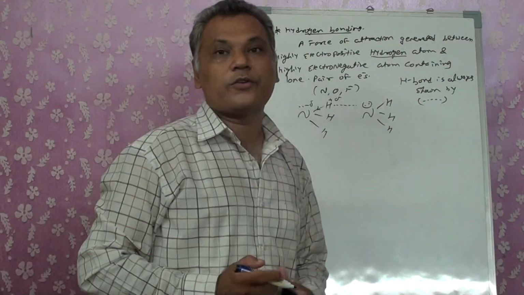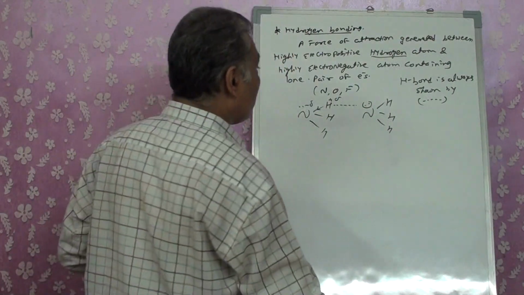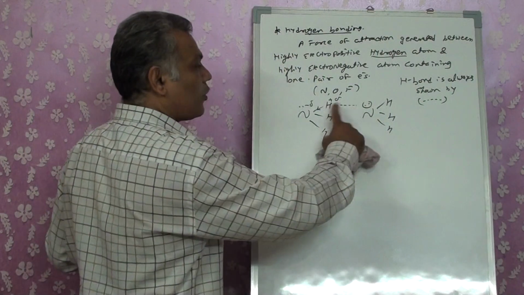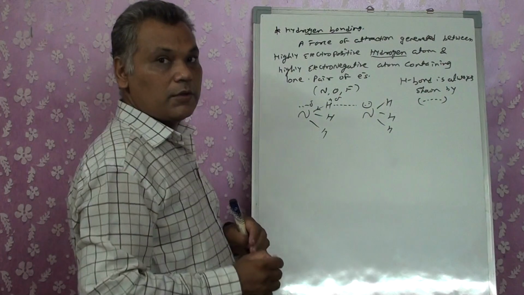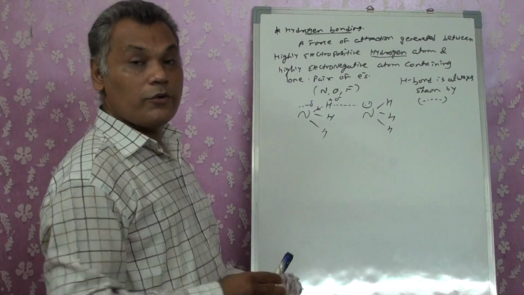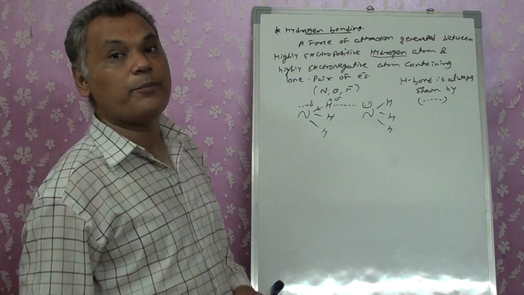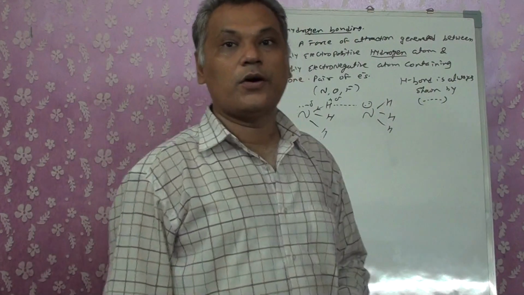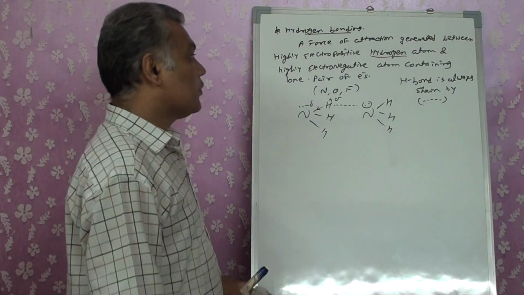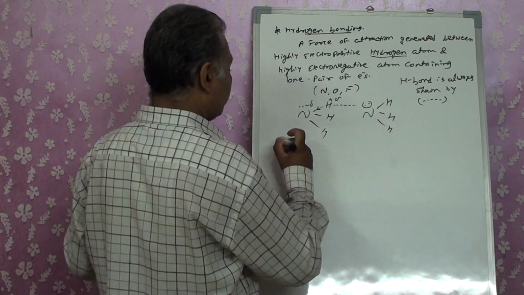But these type of hydrogen bonds are of 2 types. Hydrogen bonds, we can have it in 2 types. Here I plotted it between 2 atoms, 2 different molecules. Within a molecule also that can be possible, but it should contain such type of atoms or functional groups present in it. So hydrogen bond, we are having it in 2 types.